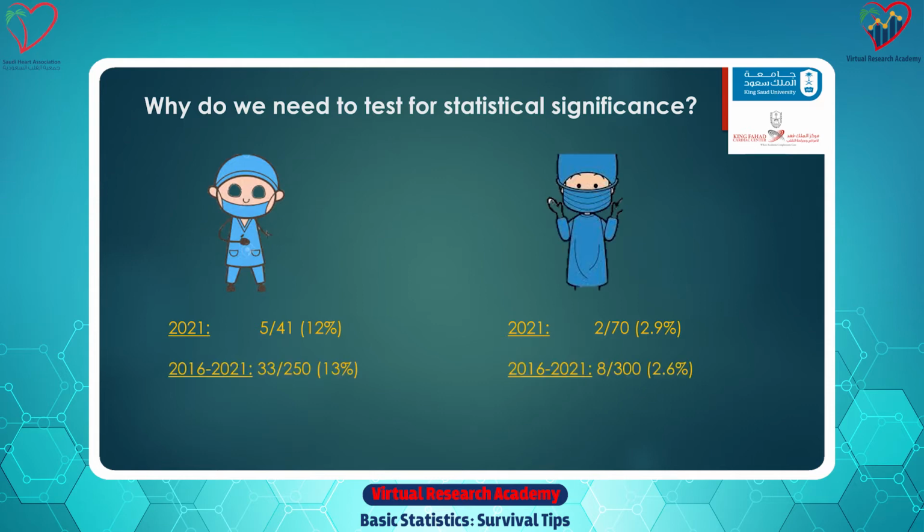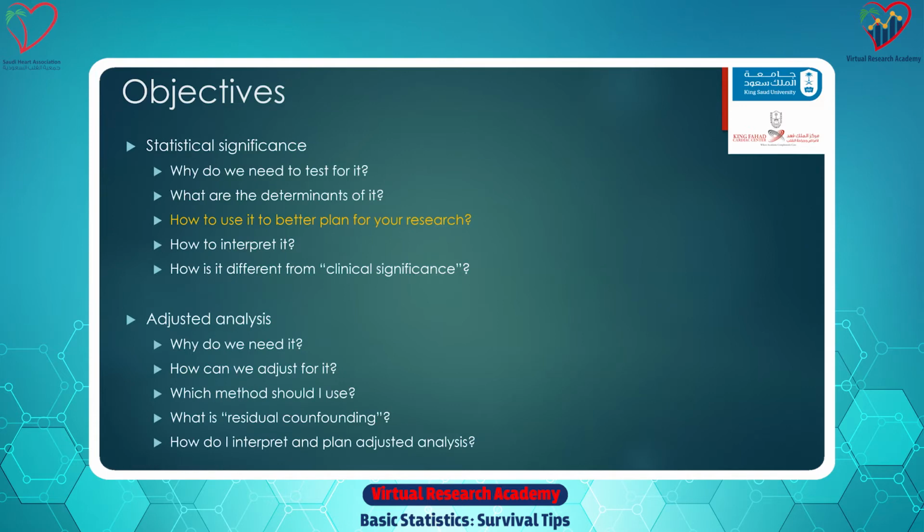And you're probably not going to need to go all the way to 20 years. You're probably going to stop here. Looking at 5 years, 13% versus 2.6%, you're probably going to have enough confidence, which will translate into statistical significance, that this difference is real. And that's the effect of the effect size. And in this case, the effect size is a difference in proportions. Okay, so how do you use this knowledge to better plan our research?